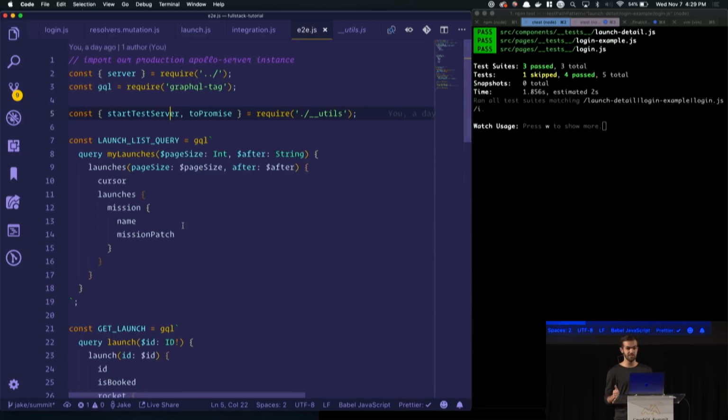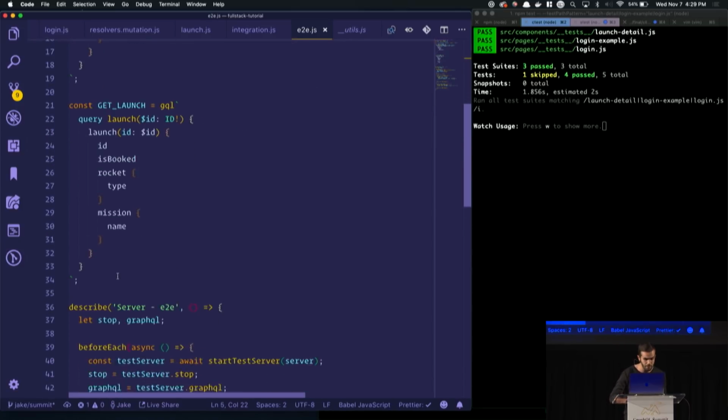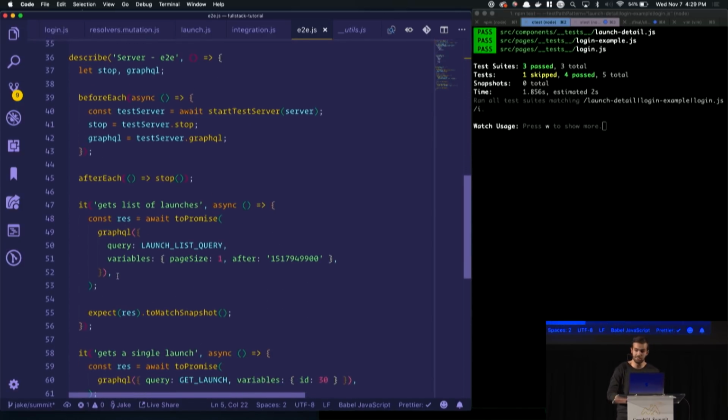So this is testing everything that there is to test. This is testing the HTTP semantics. You can pass it headers. This is testing the entire execution pipeline that we showed in the last integration test. This is testing the actual underlying fetch calls. This is testing everything that you can test. And these tests are actually even shorter than the last one.